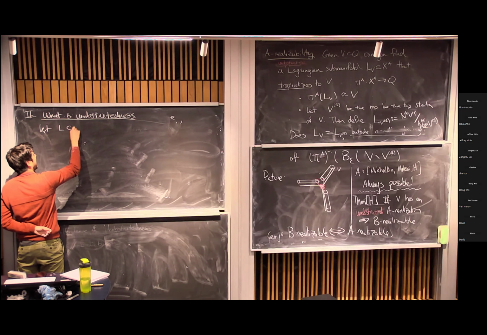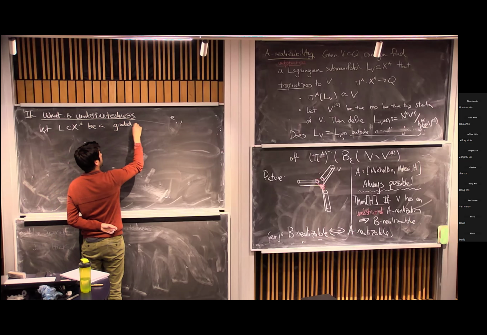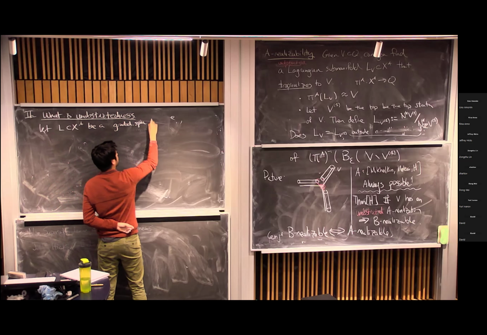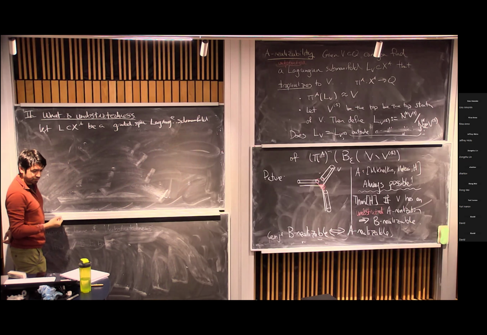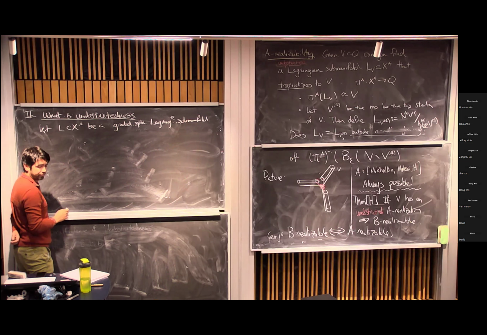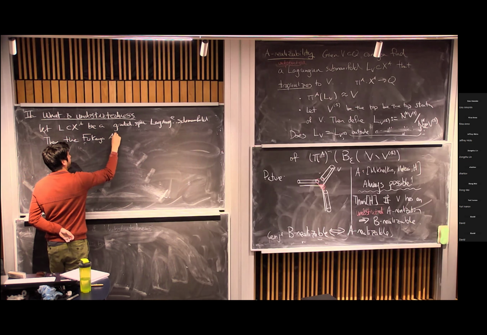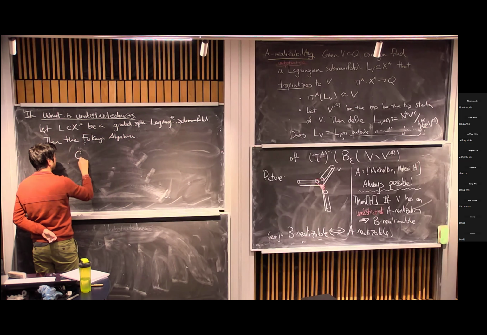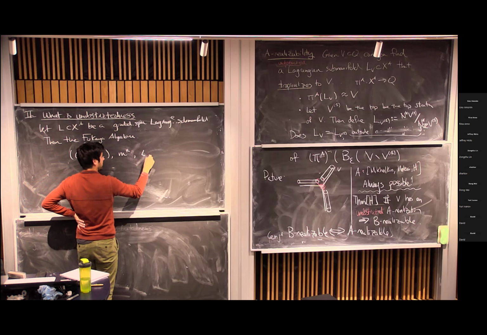Okay. So let L inside of X be a graded spin Lagrangian submanifold. So in the setting where you have a graded spin Lagrangian submanifold, then there's an invariant associated to it in symplectic geometry called the Fukaya A infinity algebra. The Fukaya algebra is a triple (CF(L), m_k) and a pairing,